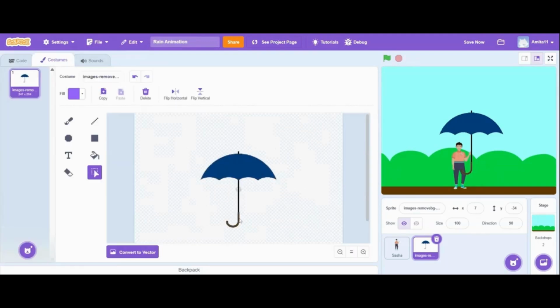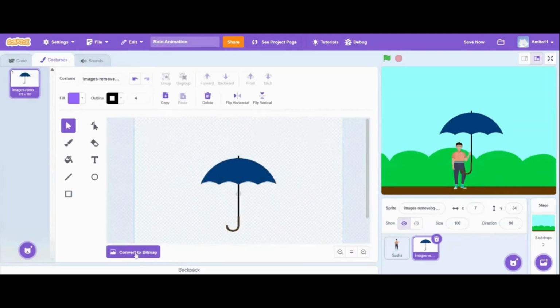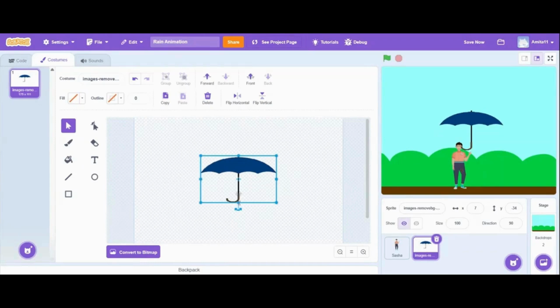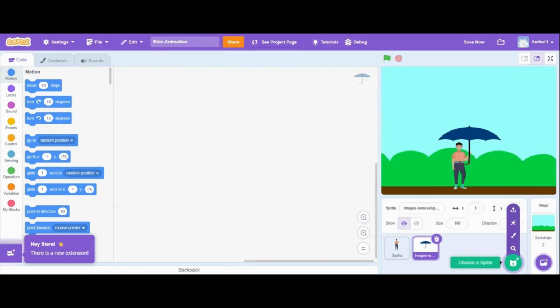We will go to the costumes. We can convert to vector. I can make it look short now, right? Now let's bring and keep it at the center like this. Let's go and start bringing the